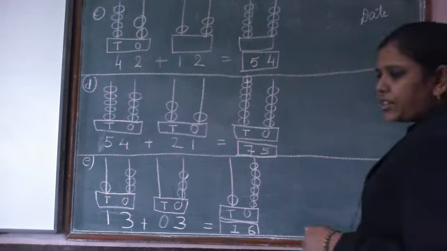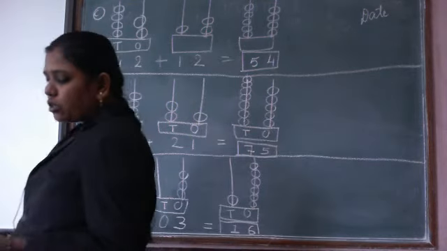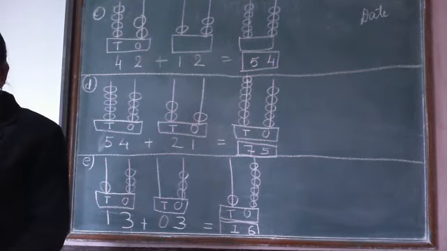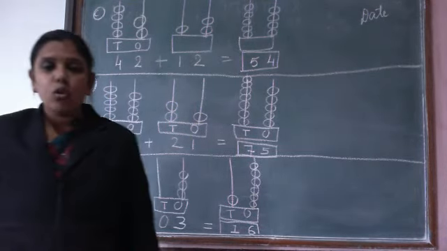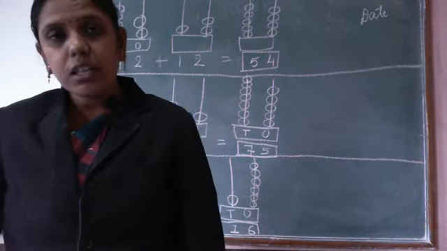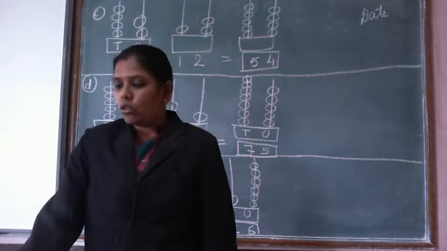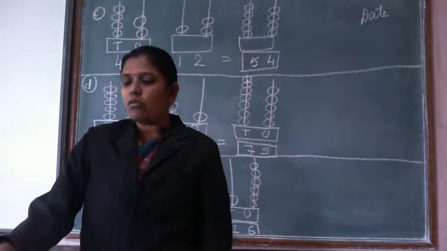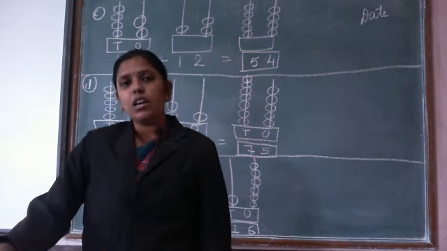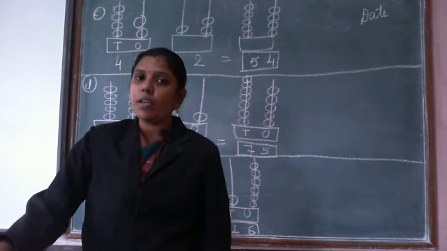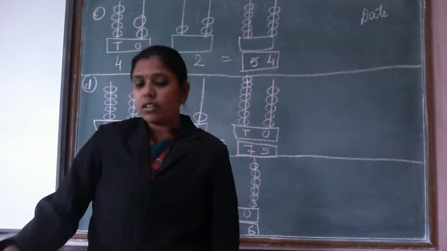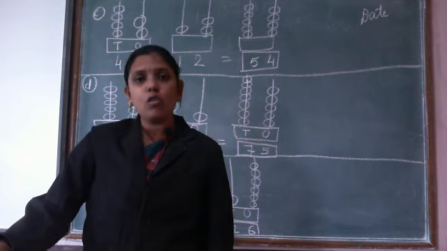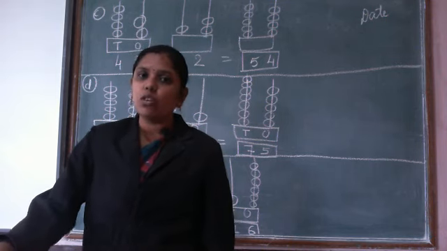So the last question remains, that is 21 plus 2. This F, the last question, is homework for you. Okay, for today it is sufficient. We will meet in our next lecture. And what is the topic? Subtraction on abacus. Make sure that you do the homework. Only one question is homework for you, F.